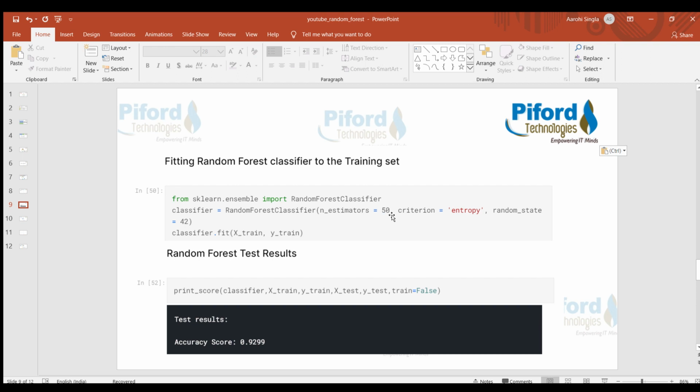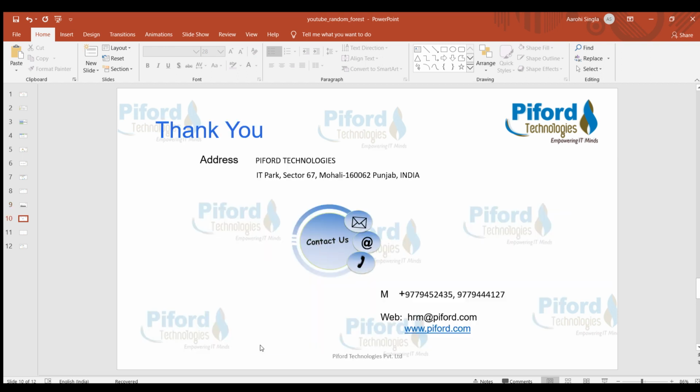That simply means how many decision trees you want to have. So if you want 3 decision trees, just write 3 over here. You need to give a number over here for how many decision trees you want. Criterion entropy is just to check the impurity. To know more about entropy, you can check the video below, where I've explained mathematically how entropy works. And then fit your algorithm. We are training our algorithm, and this is how you can test it, and we are getting 92% accuracy on this data, right? So this is how random forest works.